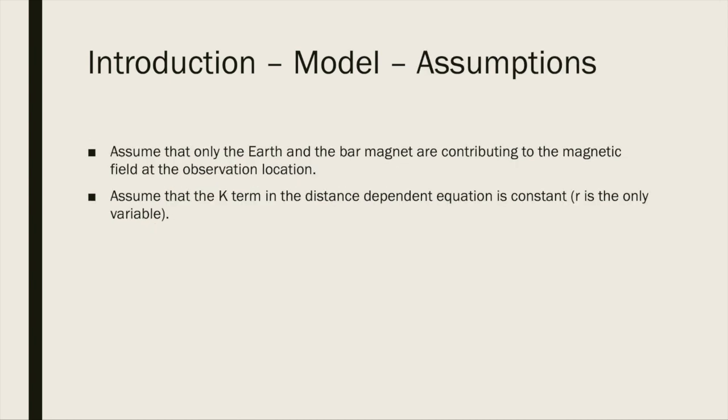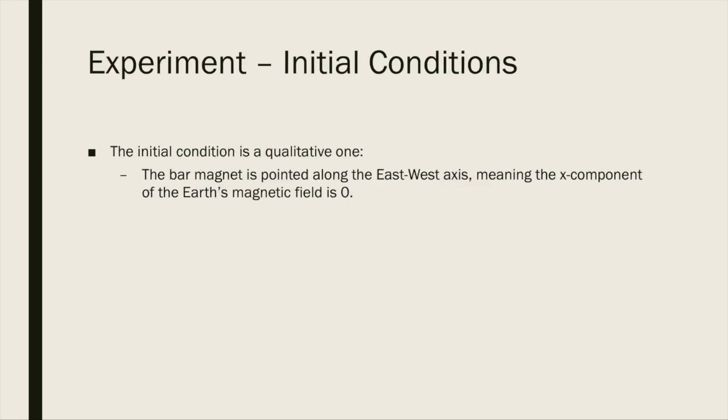Here are some assumptions to be made about the model. We assume that only the Earth and the bar magnet are contributing to the magnetic field at the observation location. We assume that the k term in the distance-dependent equation is constant, which means that r is the only variable. The initial condition of the experiment is a qualitative one. The bar magnet is pointed along the east-west axis, meaning the x component of the magnetic field from the Earth